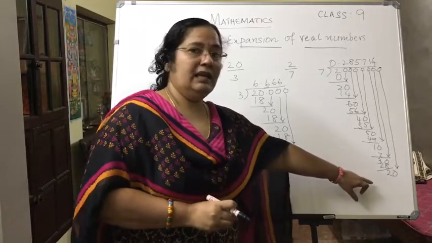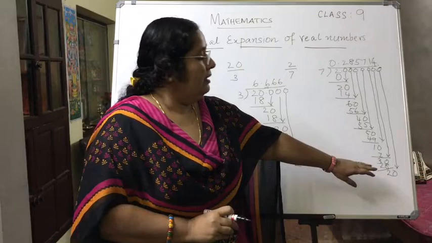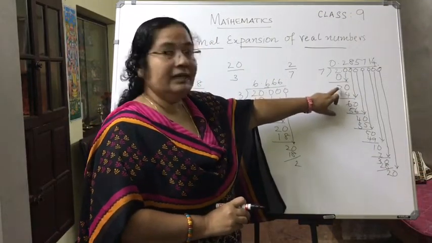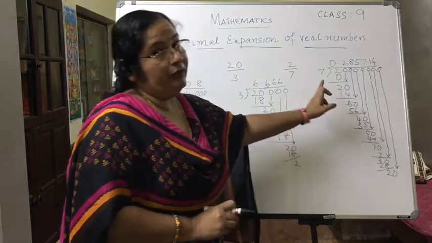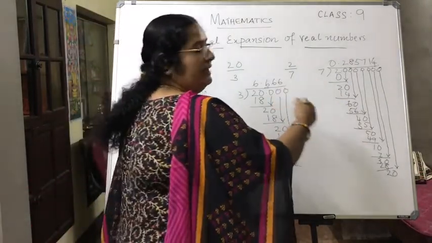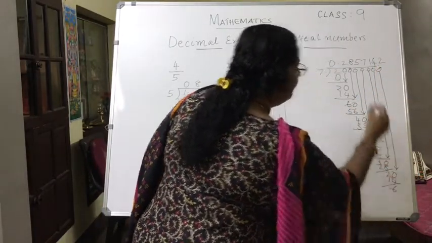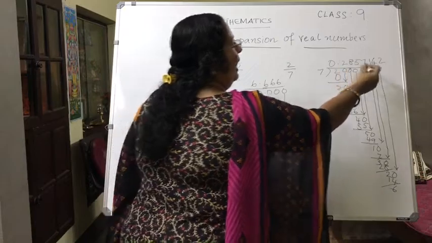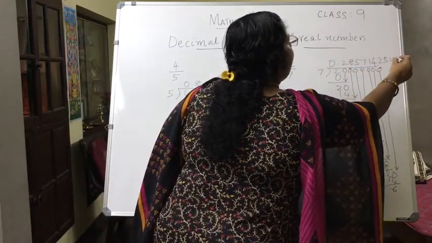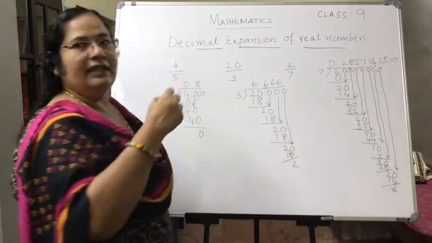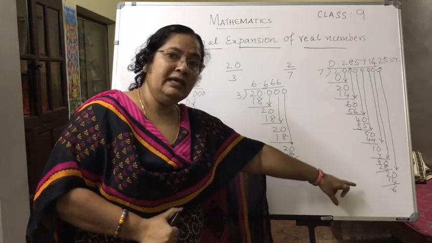Next 0, bring it down, 20. Now see here, the remainder becomes 20. Here also the remainder is not becoming 0. But look at this, we started with the 20. That means here again when you divide, what will you get? 20 divided by 7. 7 2s are 14. Again 6. You put the 0 down. So you will have 8. Then again the remainder you will have 5, 7, like that it is going. It is not stopping there. Why? Because the remainder is never becoming 0.